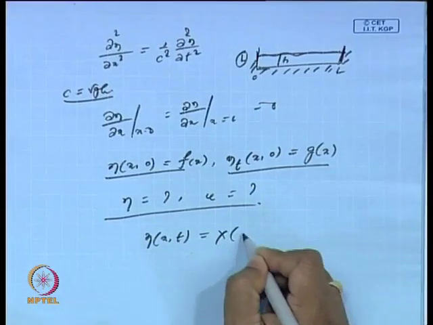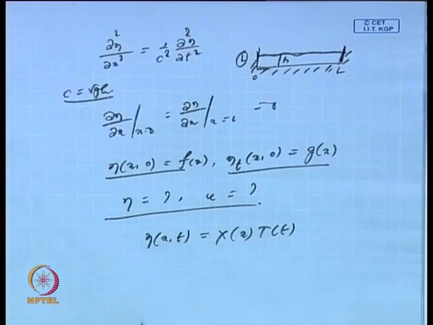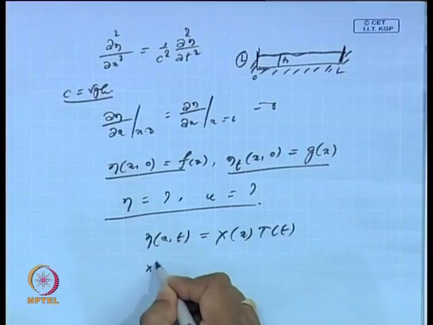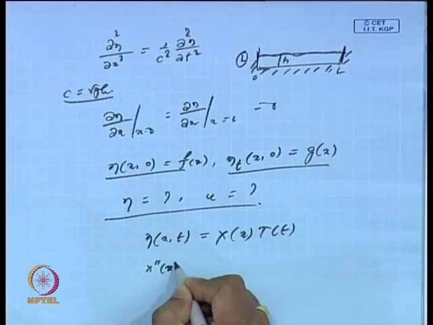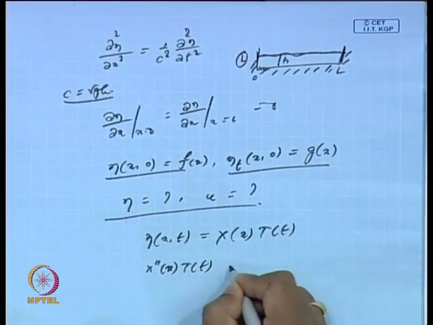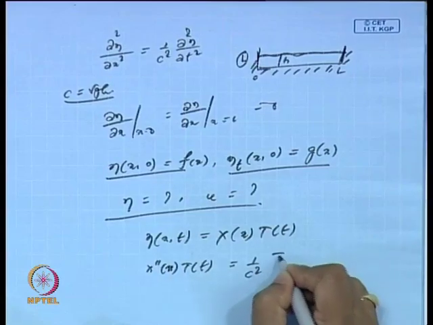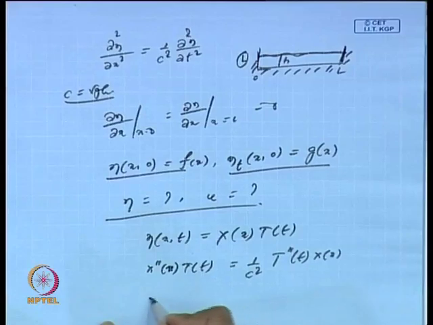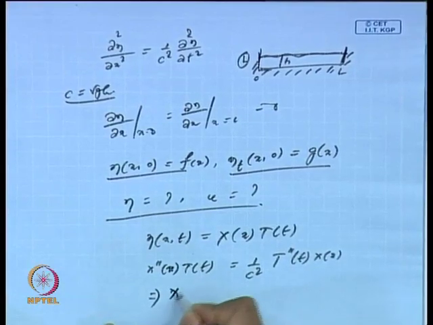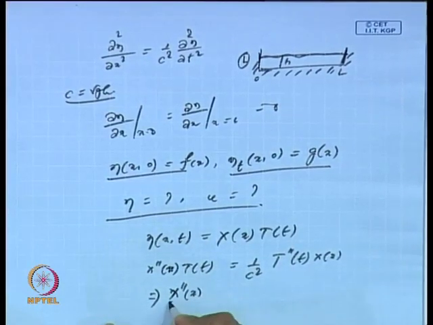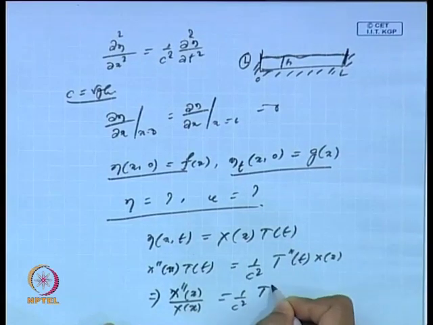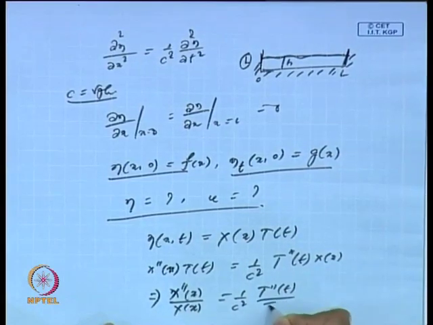So, I can write eta(x, t) as X(x) into T(t), and if I substitute for eta in this equation, then I will get X double dash of x into T of t equal to 1 by c square T double dash of t into X of x, which gives me X double dash of x by X of x equal to 1 by c square T double dash of t by T of t,